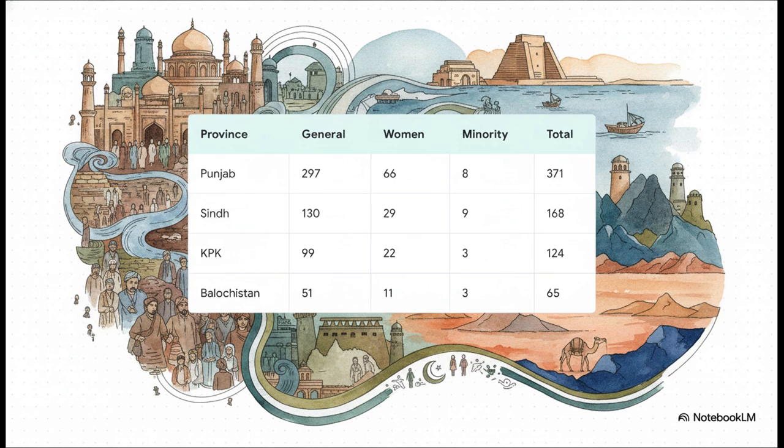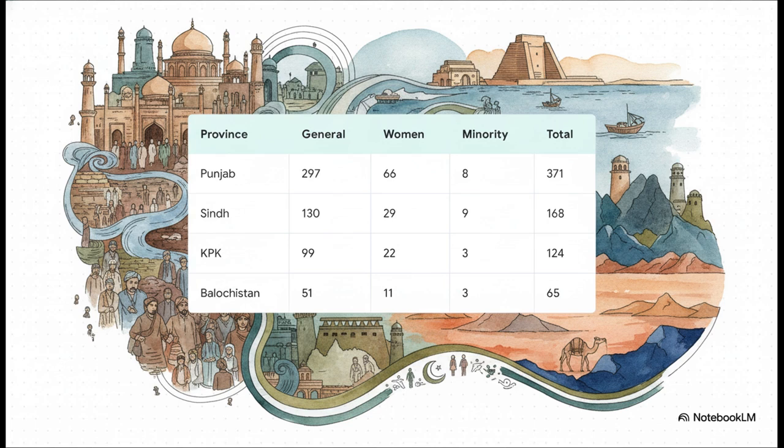When you actually look at the size of these provincial assemblies, the sheer demographic realities of Pakistan just hit you right in the face. Check this out. Punjab has a massive 371 seats, which totally reflects its booming population. Sindh has 168, Khyber Pakhtunkhwa has 124, and Baluchistan has just 65. I mean, Punjab has more than 5 times the legislative seats of Baluchistan. It's a really stark disparity, and it perfectly highlights exactly why that Senate exists, to balance things out at the